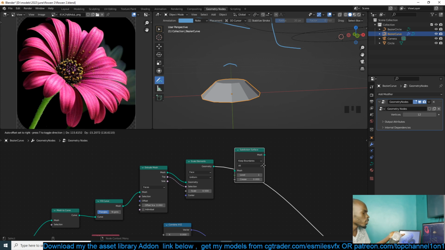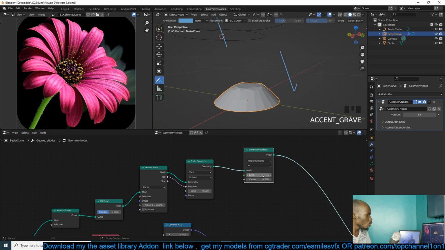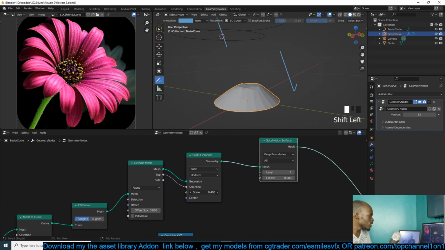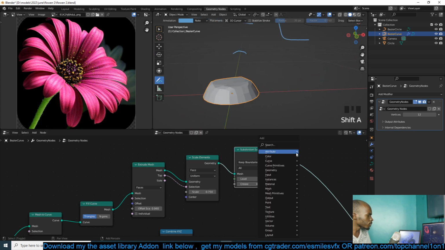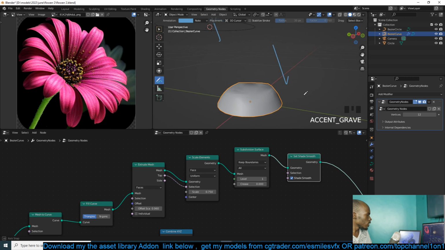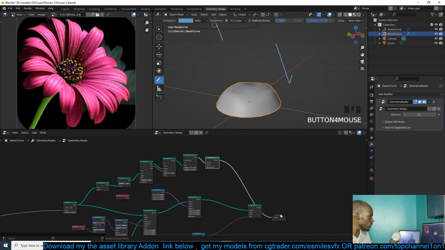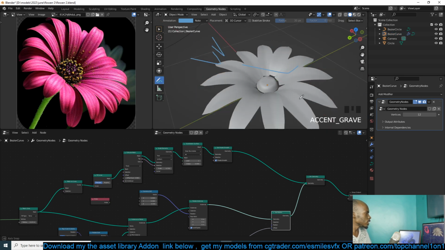function. I'm just going to call them function nodes, maybe. Okay, something like that, and yeah, we have that. It's not perfect, but it's not going to be too visible as well. And we can also add a set smooth. Like that. And if we bring this and join this using the join geometry node, like that, we get a